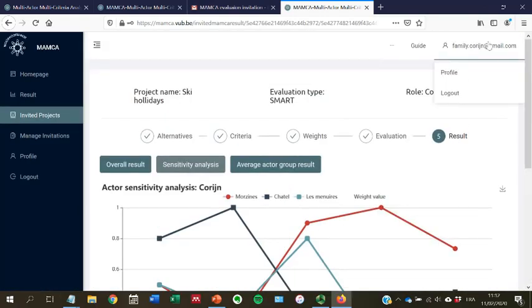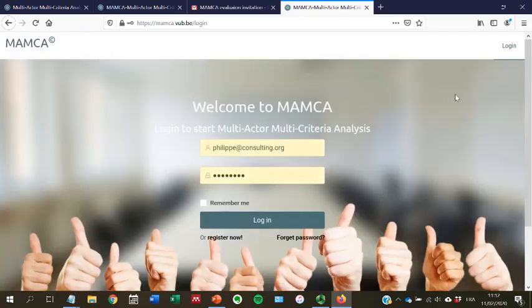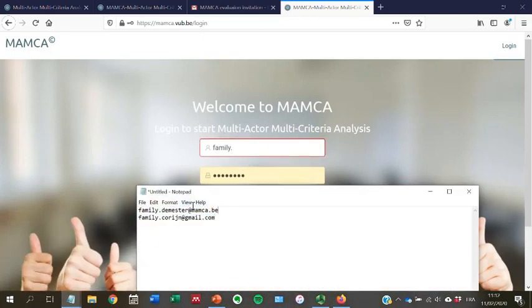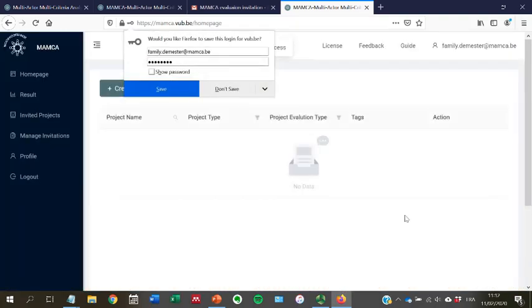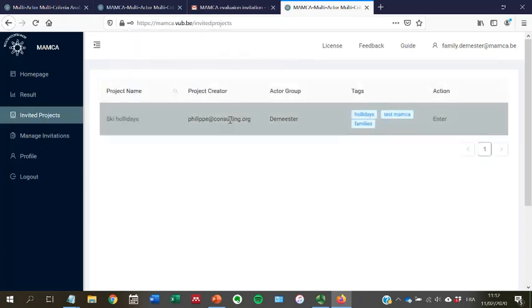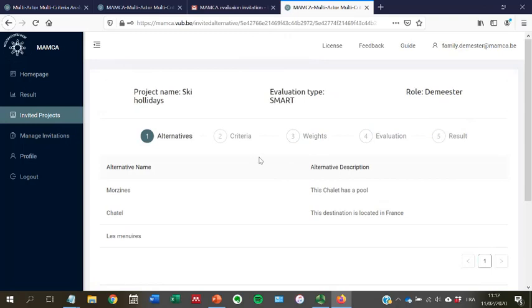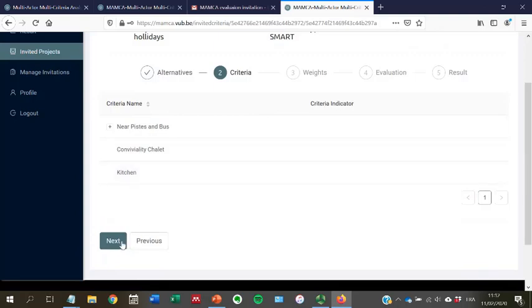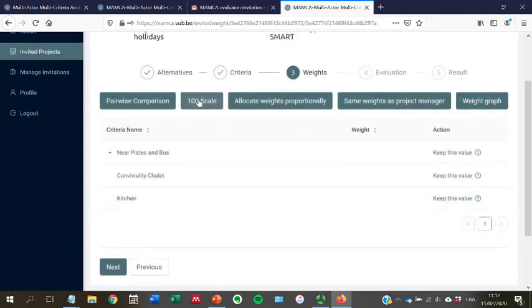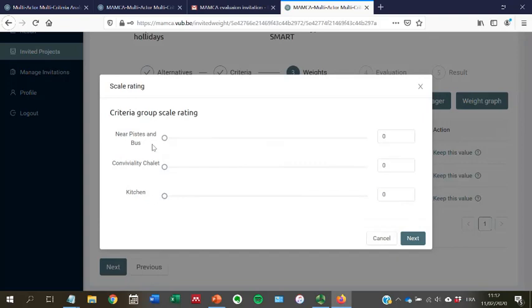All right, so let's log out now and jump to family de Meester. I am going into invited projects, and again I find the project here. I can see the different scenarios, the different criteria, the different weights. I can rate them, so let's start here. So remember,